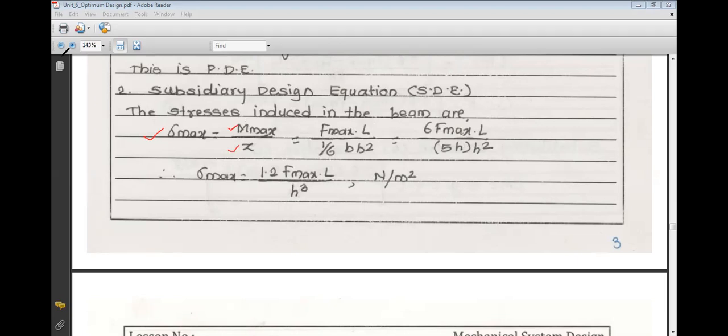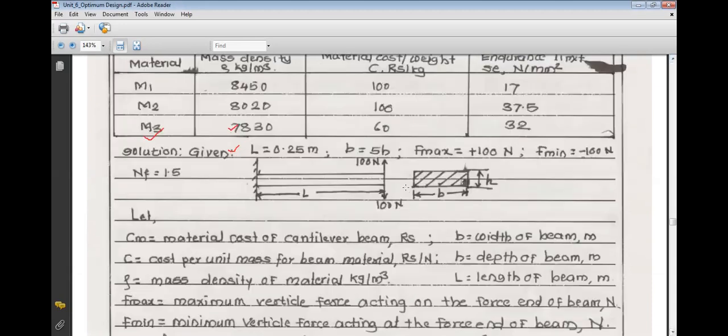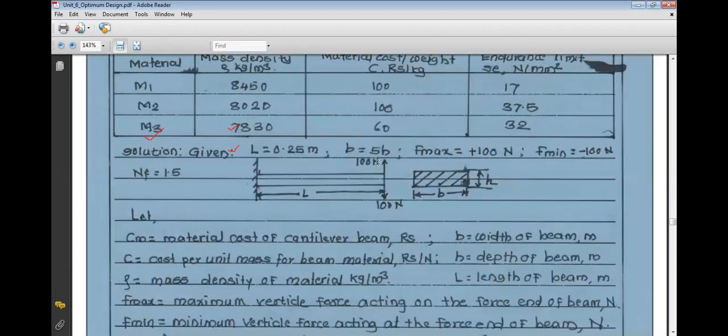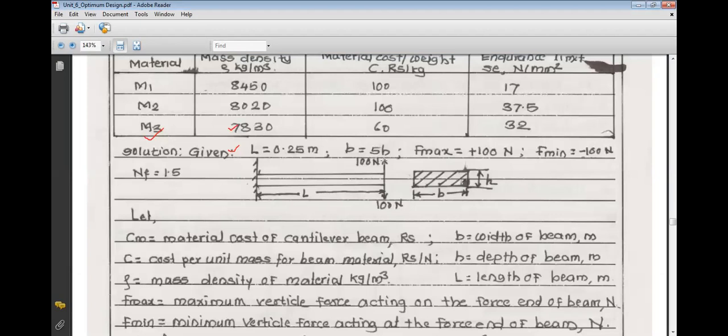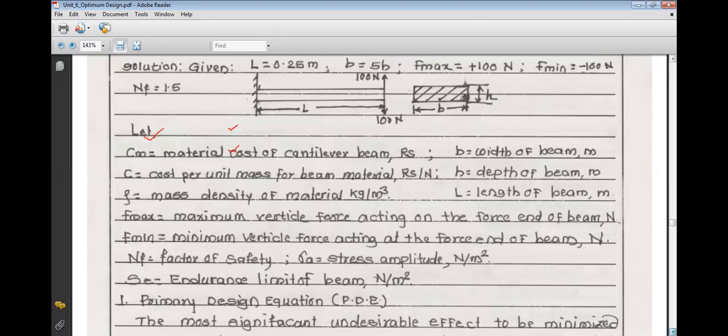If we look, the force is acting at the end of the beam. So this force is acting at distance L from this point. So if we take the bending moment about this fixed point, then this bending moment is nothing but the force into length. So for maximum stress, it is maximum force into length. This is the bending moment. And the section modulus,